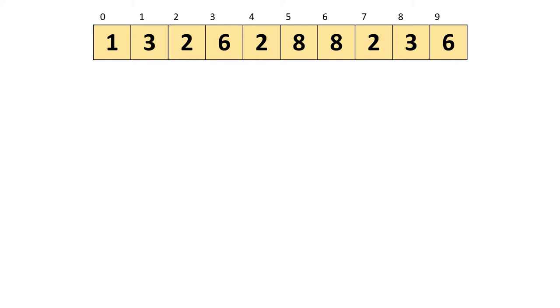So the first approach we can take is to use two nested loops. The outer loop will take the value of the first position, then the inner loop will check for this value in the entire array. If it finds it, then that will be our answer. Then the outer loop will move to the second position and check for that value. So the second time it will get the value 3, and that will be our answer. As two nested loops are involved here, the time complexity for this problem will be O(n square).